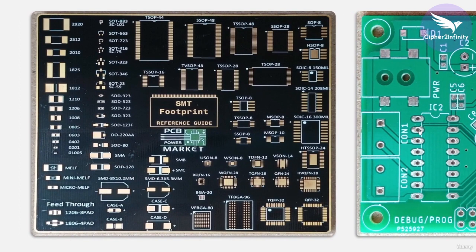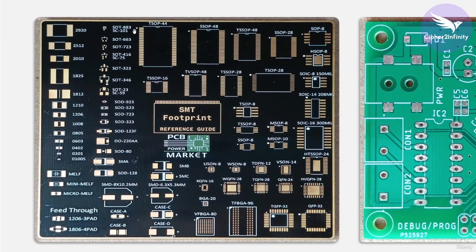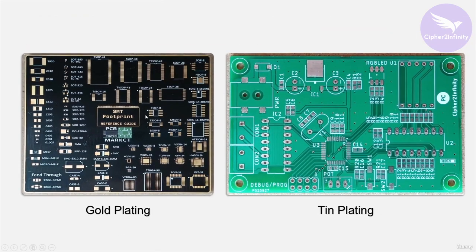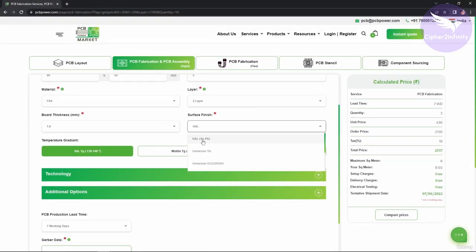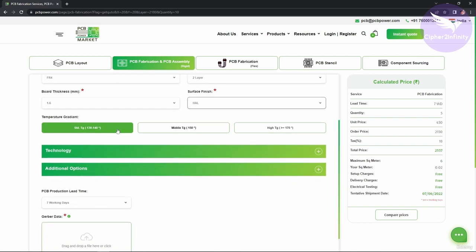And this is actually the gold plated PCB. Recently I visited this particular manufacturer's facility, PCB Power Market in Ahmedabad. So here the purpose is to show you how exactly a gold plated PCB looks like, okay. So that's basically the gold plated PCB, and I hope that you got the difference. So let's select the default option here, HASL SnPb, and then